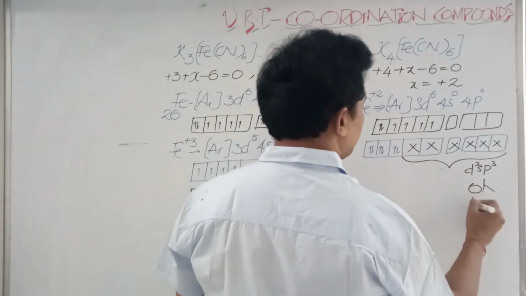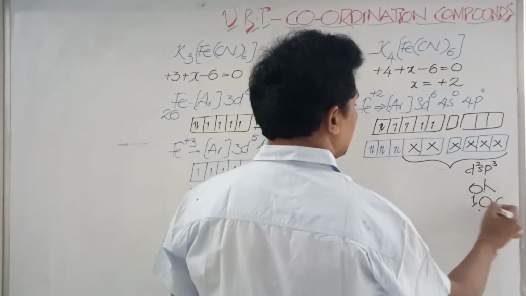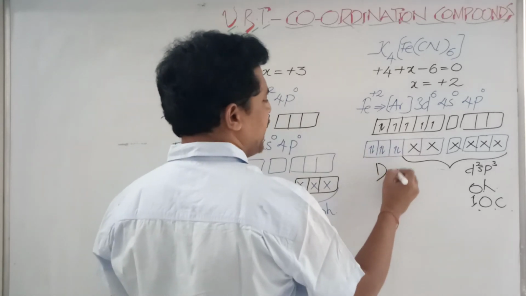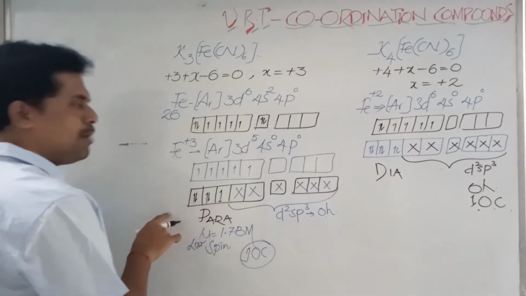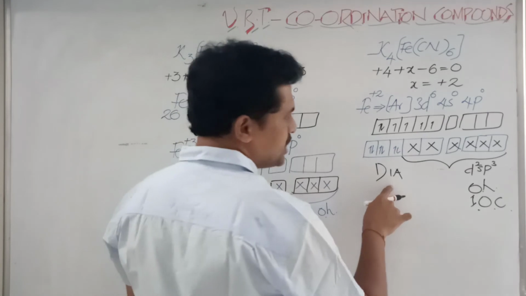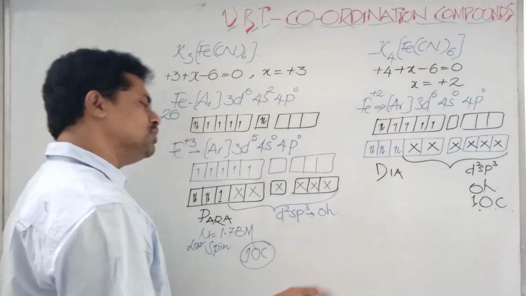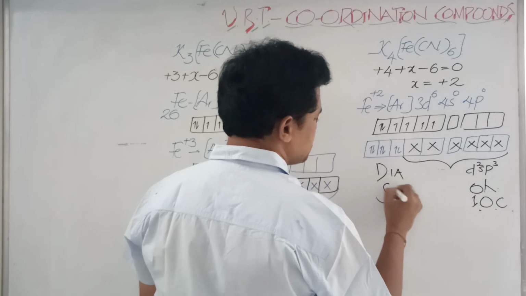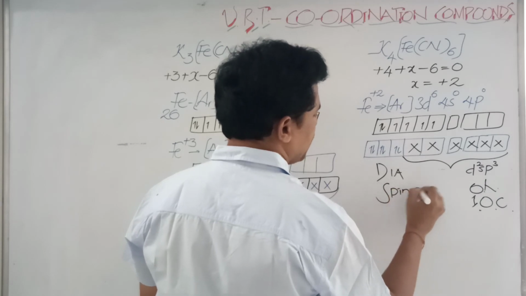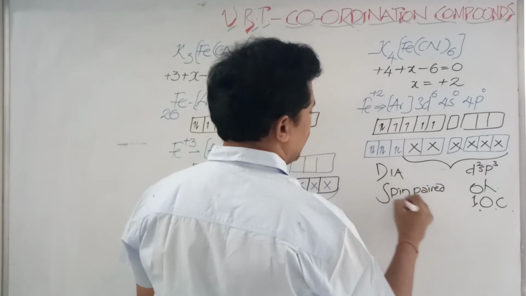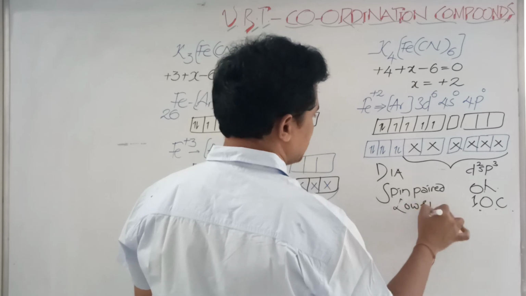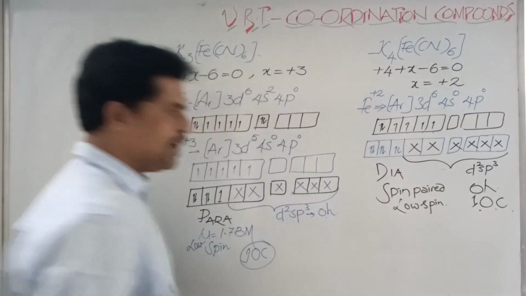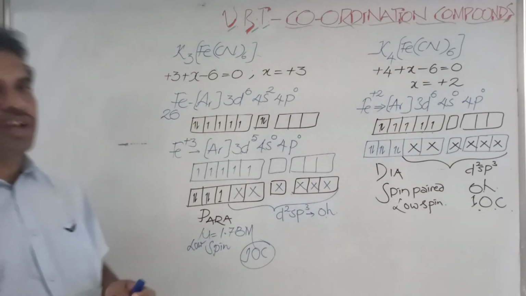Inner orbitals are coming, so you can say inner orbital complex. No unpaired electrons you can see. So this is going to be diamagnetic in nature. Earlier it was paramagnetic, now it is diamagnetic. When it is diamagnetic, mu is equal to 0 and all electrons are paired. So you can say this is a spin paired complex, or you can say low spin complex, because we are expecting 4 unpaired electrons, but we are having no unpaired electrons there.